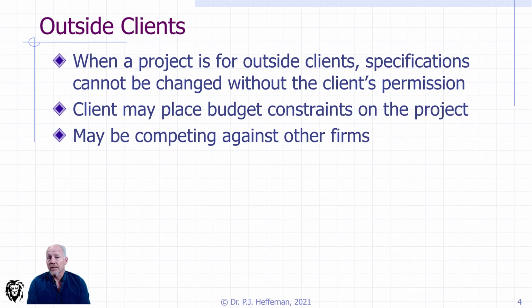Certainly scope changes. If there's a client, you're going to have to have a change control process that is going to make sure that the client is on board with the changes as well. Or if you're not able to come forward with an early foreseen deliverable and stuff like that. So where there's an outside client, make sure you have a close look at what the governance structures are, how the stakeholder engagement is going to work, so that you know what is your authority, what is the sponsor's authority versus what is the client's authority to make changes.